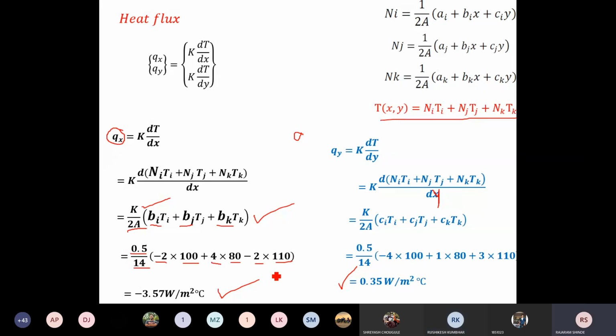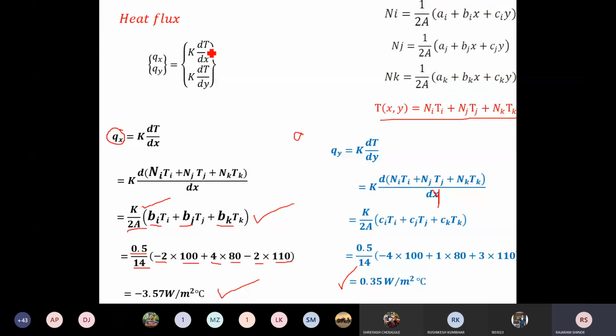Important thing I want to tell you here. See here, what we are doing, we are not solving by this one. We are solving by writing these equations in matrix form. Now how we can write these equations in matrix form? See here your problem is over. You can solve by this method also, but a better way to solve these problems is in matrix form. I will tell you how.